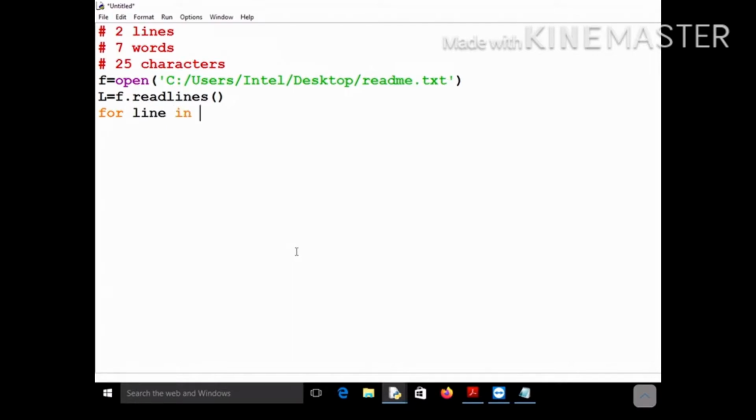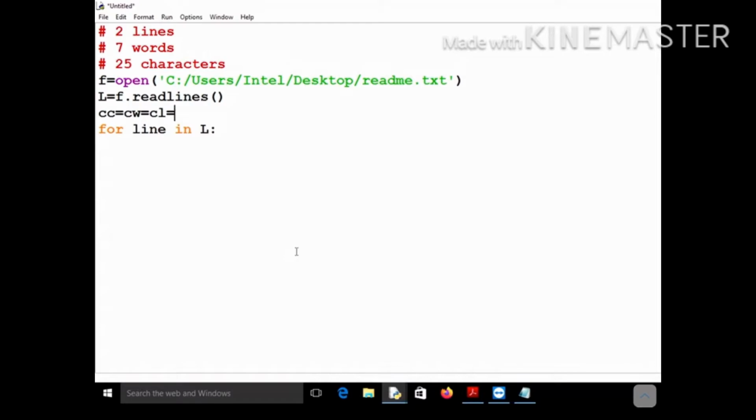So for line in L, line is your variable. You know that every element in the list will be a line. Now the very first thing that you have to do is take 3 variables. Let's denote them by cc, then cw for count of words, and cl for count of lines.